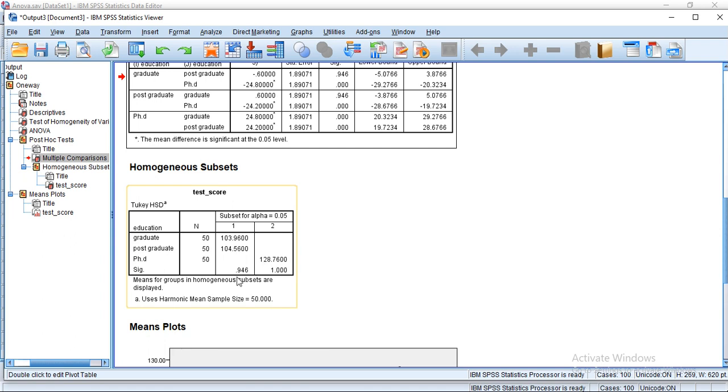This significance of 0.946 shows that there is no significant difference in the mean marks of the two groups under subset 1. Then this p-value shows there is no significant difference in the mean marks of subset 2, while there is significant difference in the marks of subset 1 and subset 2.